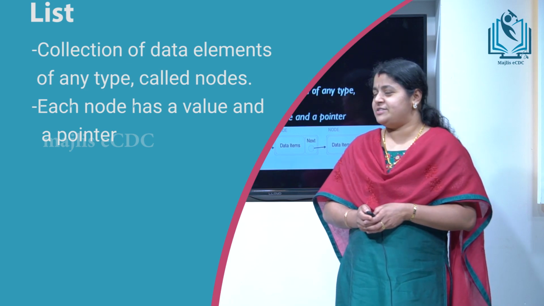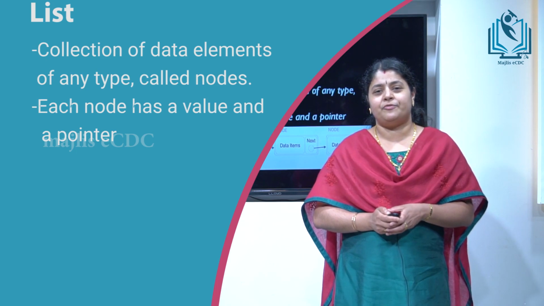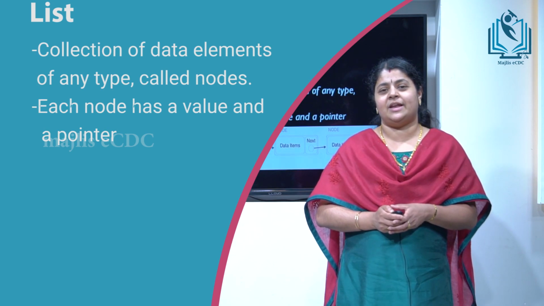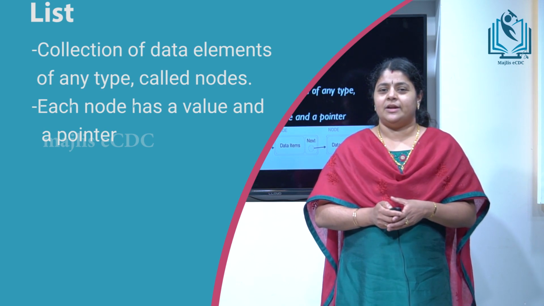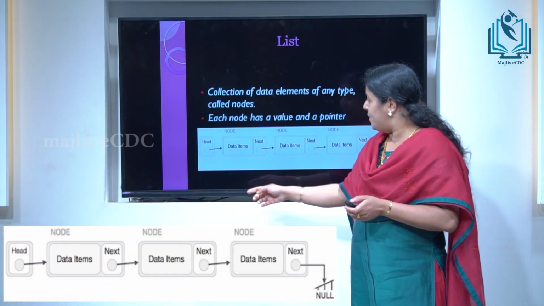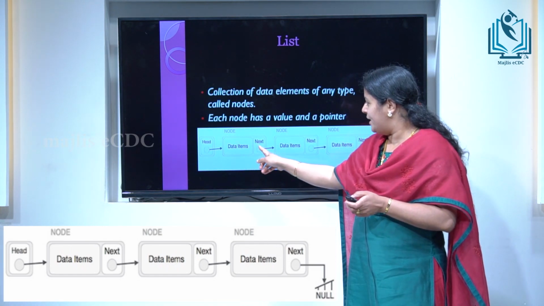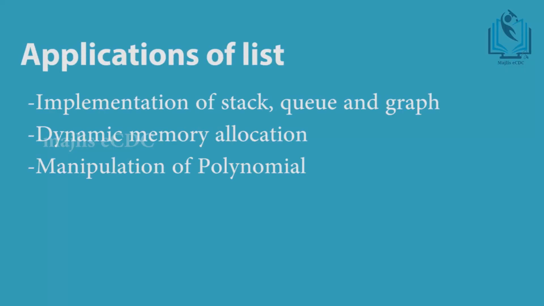Next one is list. List is also called a linked list. It is a collection of nodes. Each node contains a unique value and a pointer value. That pointer value points to the next node in the linked list. In this example, it is a node. This node contains a value and the pointer value points to the next node. List is used for implementing stack, queue and graph and is also used for dynamic memory allocation and manipulation of